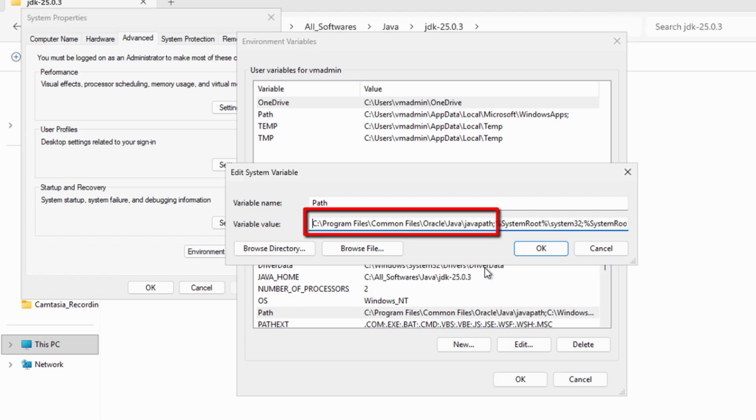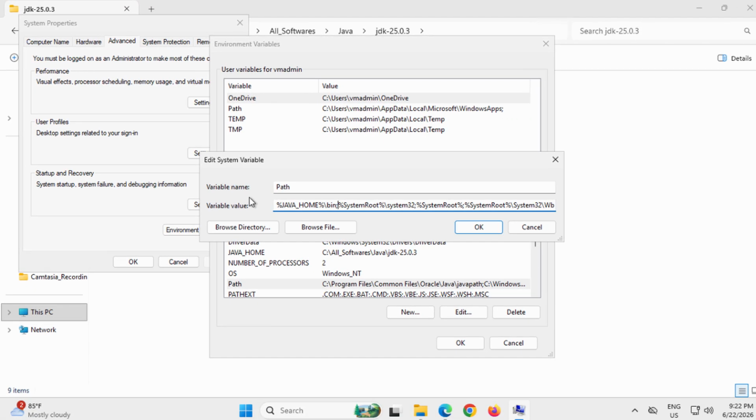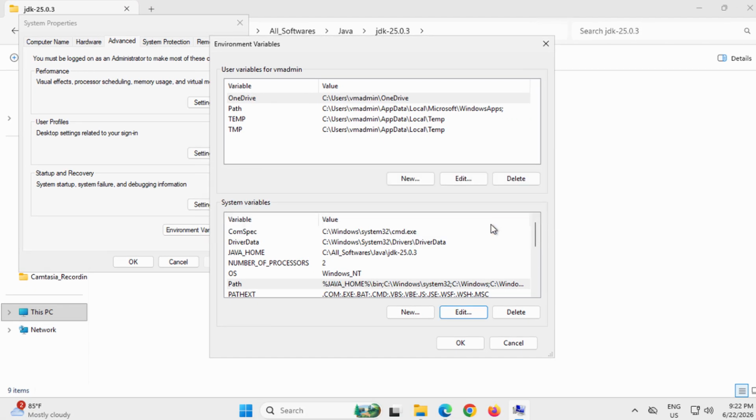If you see this particular thing, this Java path, it is basically added by Oracle at the very beginning. Now what Windows does, it uses the Java path variable at the beginning. So either we need to remove it or put our Java home entry at the very beginning. So what I'll do over here, I'll get rid of this because I don't need it, and you remove it very carefully so that you don't tamper the path variable. So what I am adding over here, %JAVA_HOME%\bin and then semicolon. So be very careful. If you are adding at the beginning after your entry, the semicolon should be there. Click on OK, click OK again,